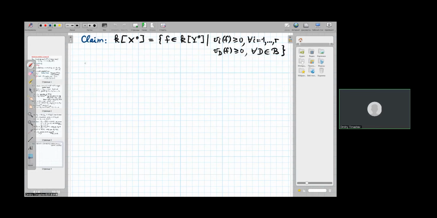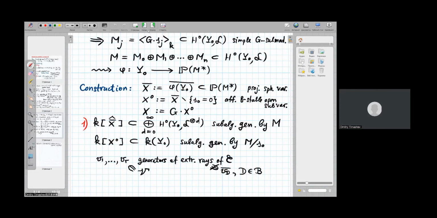We'll find the map from y0 to the projective space is an embedding, right? This is an embedding, but so far we didn't prove it. Yes, you are right. This map will appear to be an embedding, but we didn't prove it yet. If we don't prove it, then how can we deduce that k[X0], the regular functions on X0, is contained in the function field? Well, just because